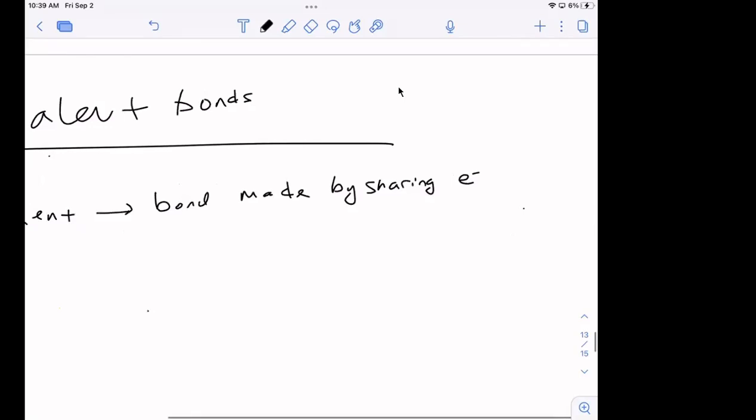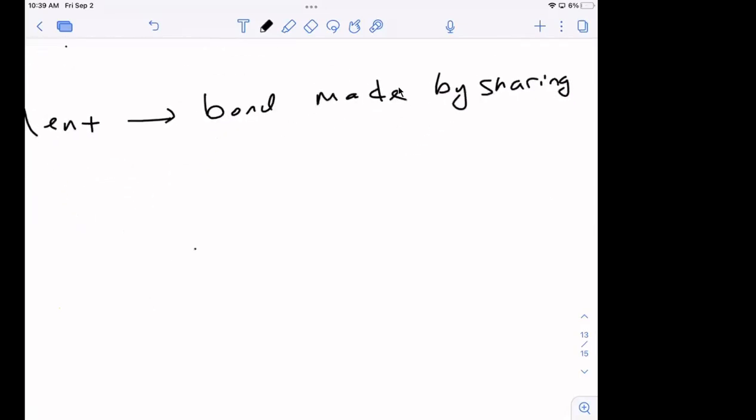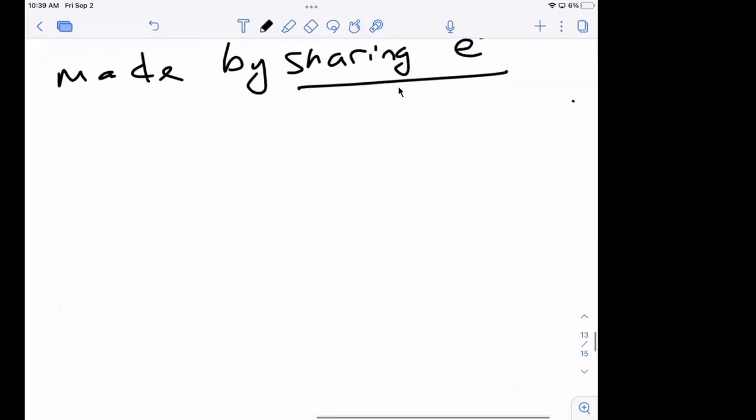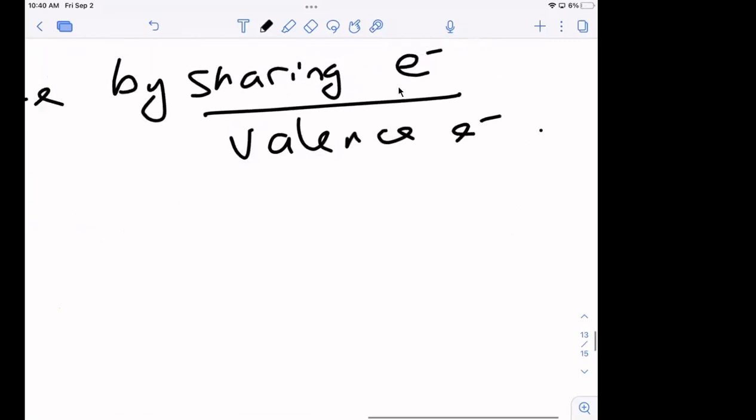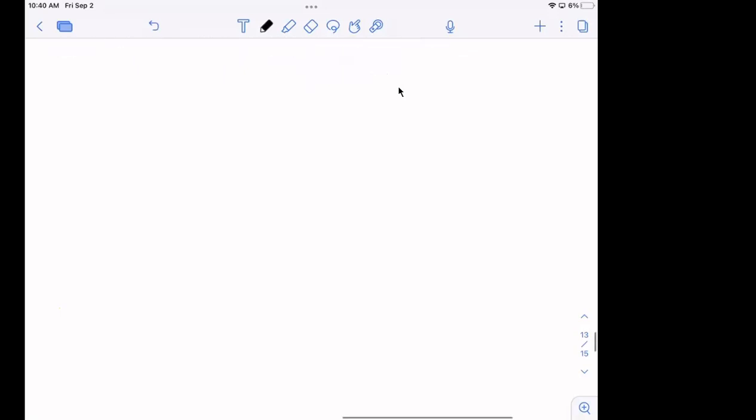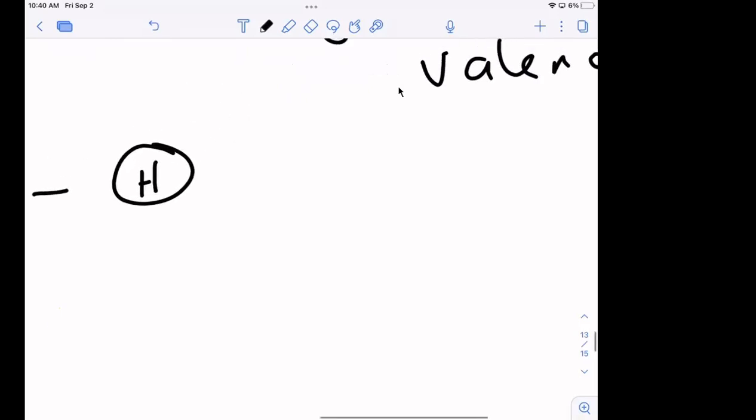We talked about this before. Let's talk about it from the valence perspective, right? When I say sharing electrons, these are valence electrons. And if you remember when we talked about hybridization and orbital overlap and all of that, the way that valence electrons are shared is through that type of orbital overlap. So let's take a basic example, like if you have a hydrogen atom with one electron,